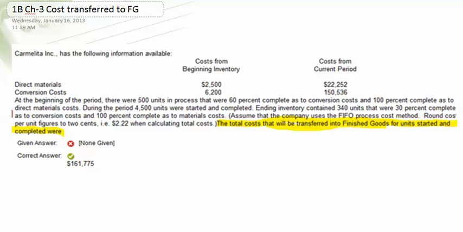$150,536. Remember, we're going to be looking at the units started and completed, but we have to calculate the conversion cost per unit for all units and then make our final calculations. First, let's set that up. When I set it up,